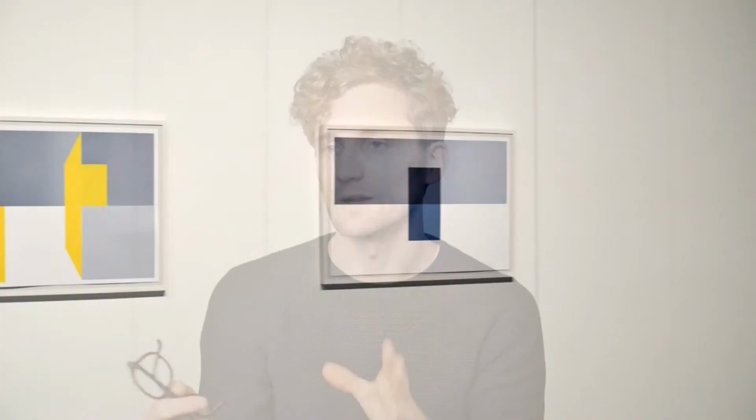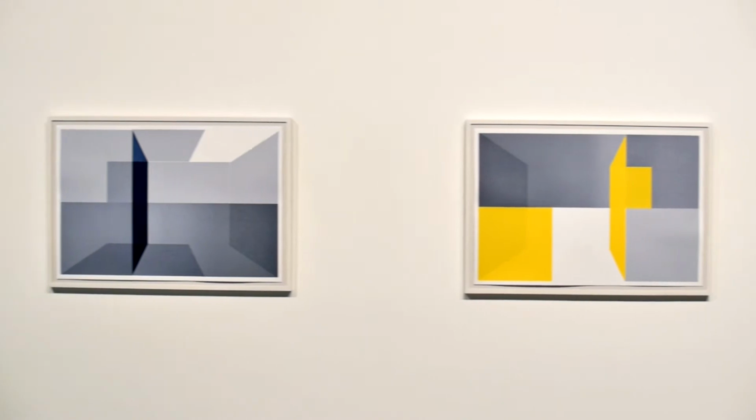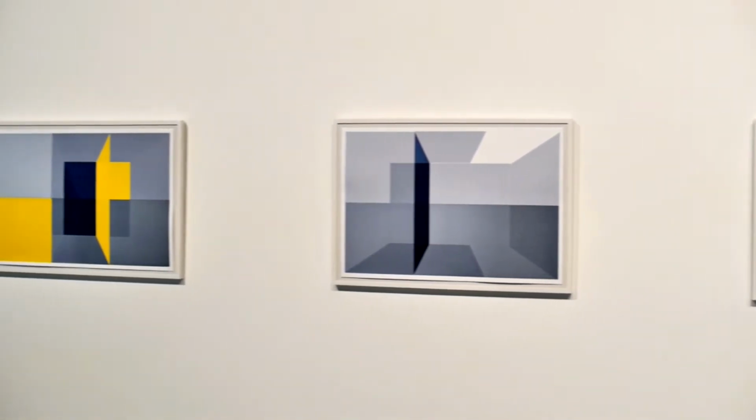We've been exploring this idea of programming perspective and using elements, like architectural elements, to recreate space in the way that Vanishing Point does. So we decided to create a series of prints, which are stills from forms that the installation of the piece Vanishing Point creates. And then we have another piece which is a wall-based, screen-based piece, and